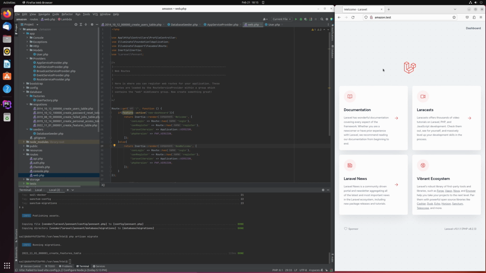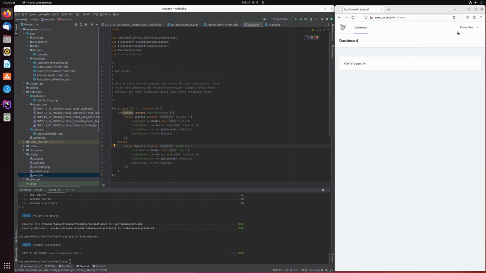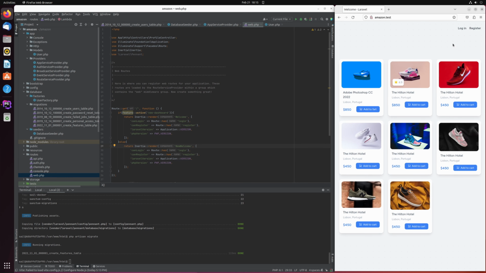So this way, there are other ways. So this is the basic of the new Pennant feature. There are other applications also of applying this in a different way. Like you can put it in your template and apply the blade directive to check if some certain feature is active, then do this, or if certain feature is not active, then do that. So we will take a look into